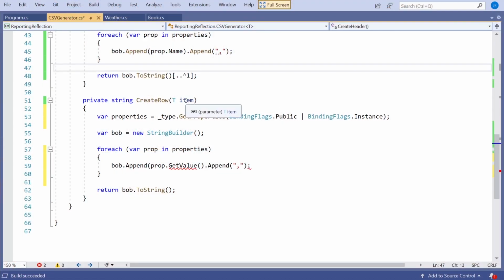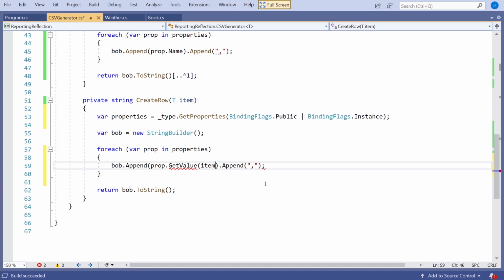It's not the property on the object, and it's only the property on the object, unless it's static, which has the value. So when you do get value or set value or anything specific to the object, you have to provide the object as well, which is fine because that's exactly what we've got here in item. So if I put item in there, then that will get us the property of the item.